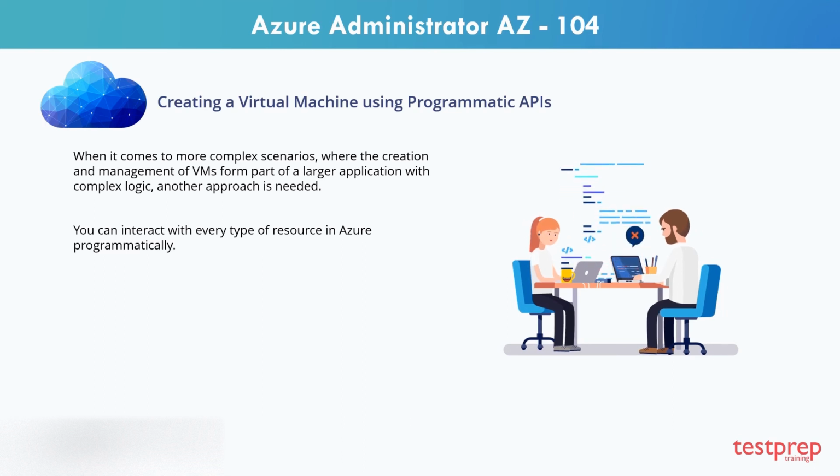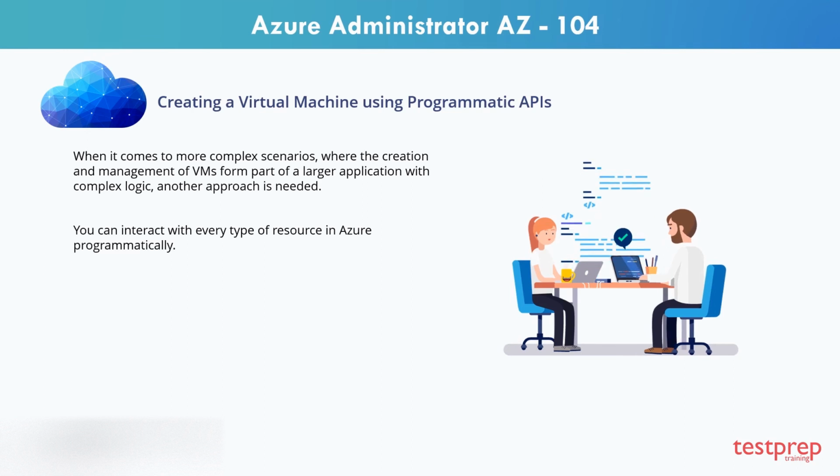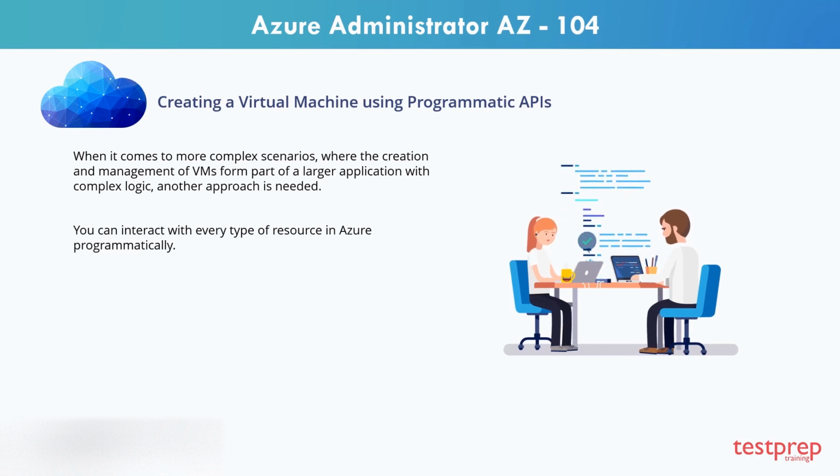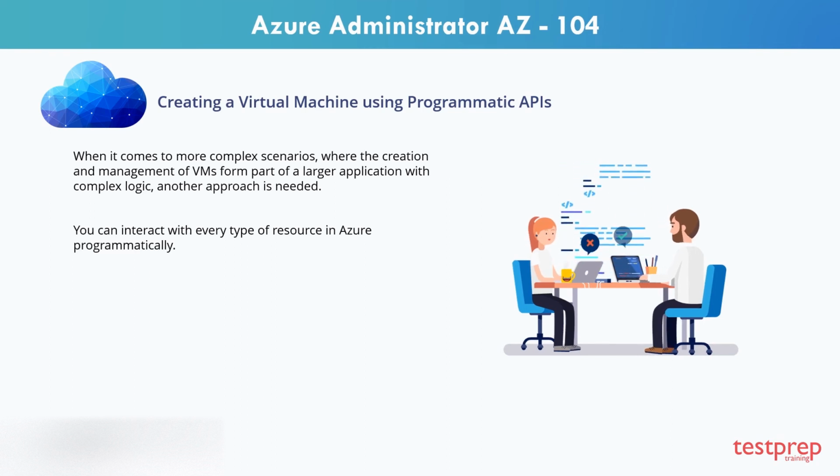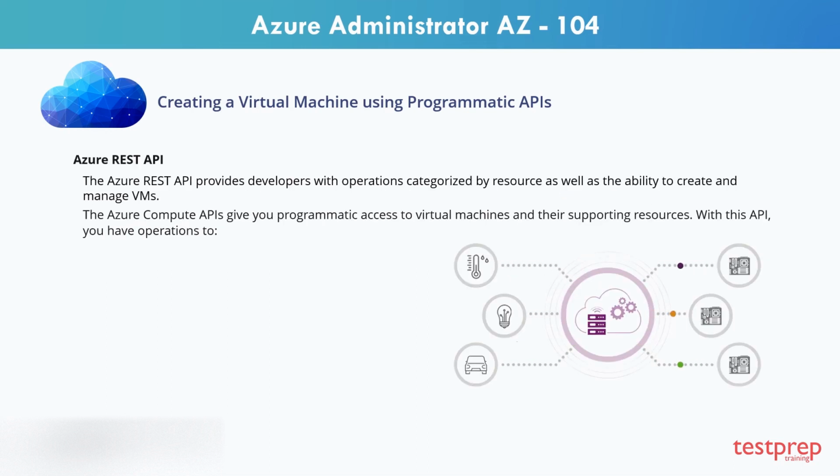When it comes to more complex scenarios, where the creation and management of VMs form part of a larger application, with complex logic, another approach is needed. You can interact with every type of resource in Azure programmatically. The Azure REST API provides developers with operations, categorized by resource as well as the ability to create and manage VMs. The Azure Compute APIs give you programmatic access to virtual machines and their supporting resources. With this API, you have operations to: